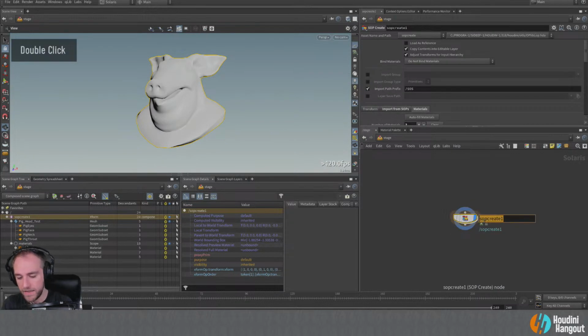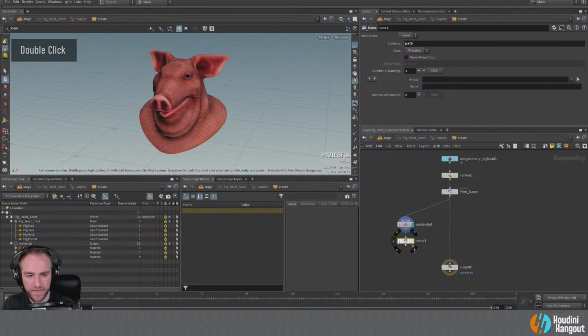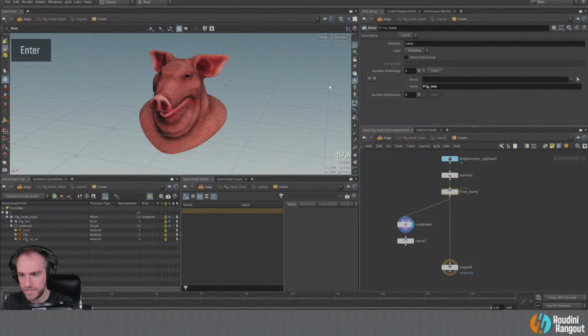I'm going to say pig head asset, like that. So it's going to be our pig head asset. Then in here, instead of calling this pig head test, I'll just say pig geo, like so. So now we've got pig geo.